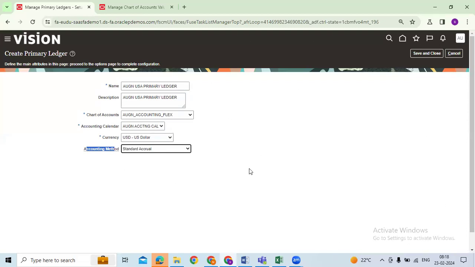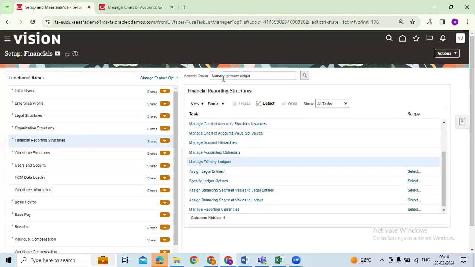These are all the things which we need to complete as part of your ledger definition. It's very simple. If you see the configuration, you feel that it's very simple. But whatever is defined, the data can be fetched based on this area. In terms of the accounting method,